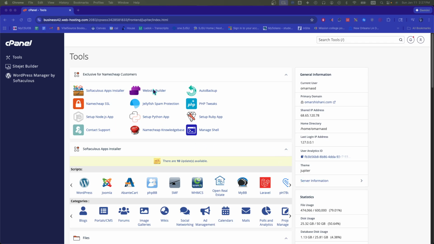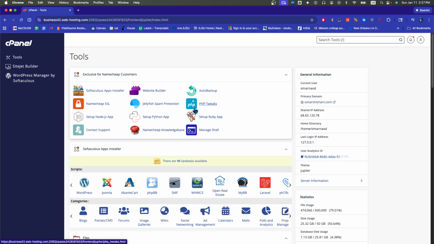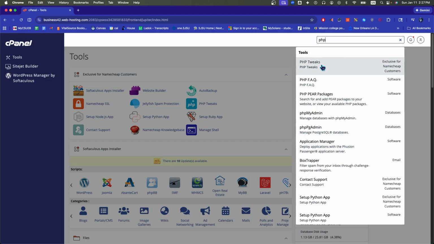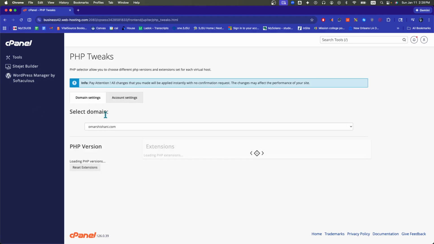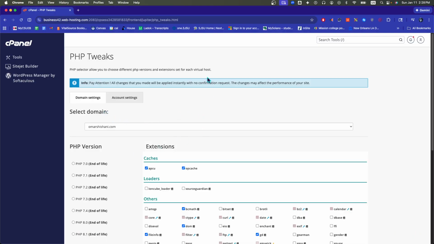Hey there, I wanted to show you this software that I used for updating my version of PHP on cPanel. It's this little thing right here called PHP Tweaks. Also, if I search in the search bar, it pops up as the first option, PHP Tweaks. And it looks like it's just for Namecheap users, but if I click on this, it takes me to this